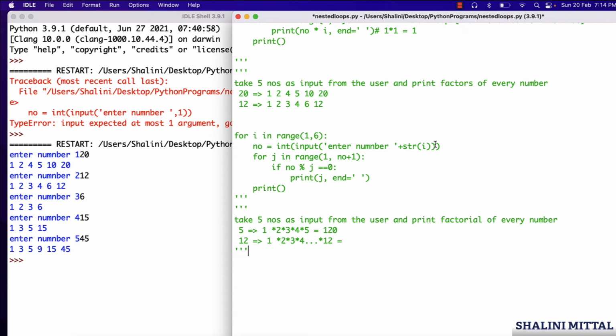So I'm going to have the same loop. I'll just reuse that one. So 5 numbers I have to take. I've taken the first number. I again start from 1 till number, because product of numbers 1 to 5. Now what I need to do over here is,